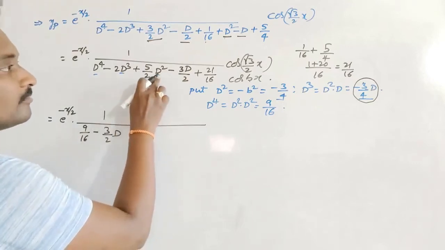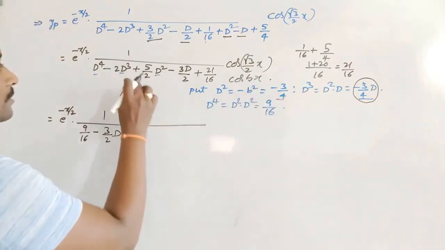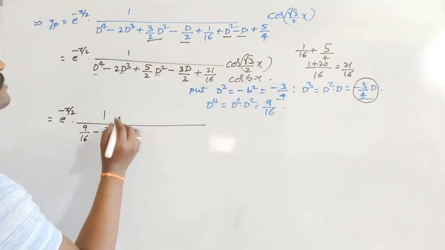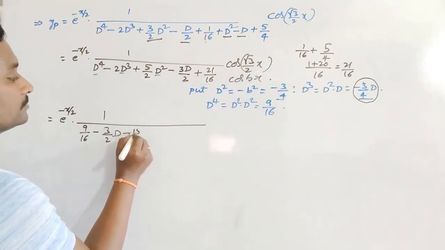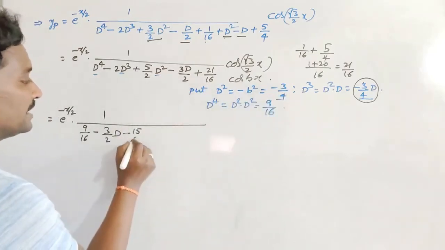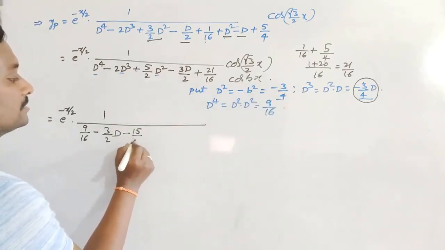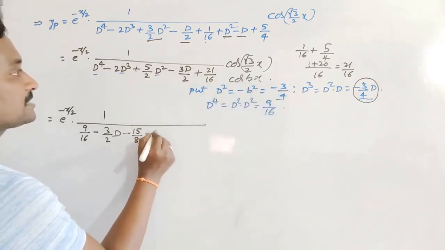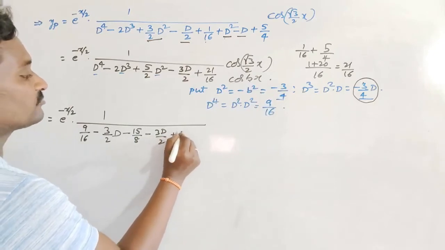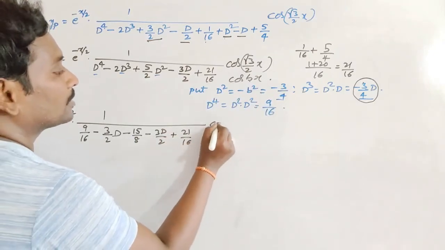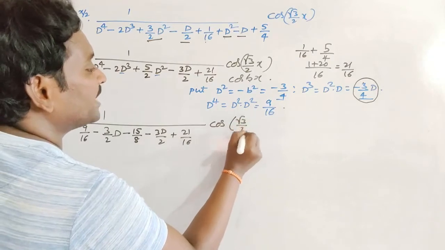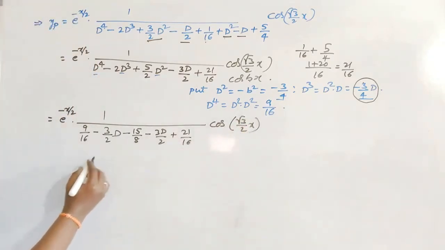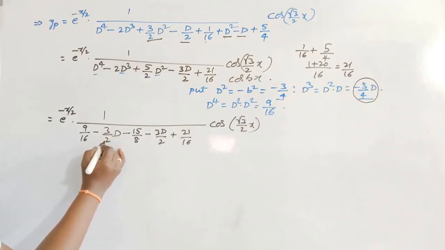Okay, D square, what is D square? Minus 3 by 4. Okay, 5 into minus 3, minus 15; 2 4s are 8 into D square is nothing but this one. Minus 3D by 2 plus 21 by 16 cos of root 3 by 2 x. Okay, now we are observing that what is minus 3 by 2,